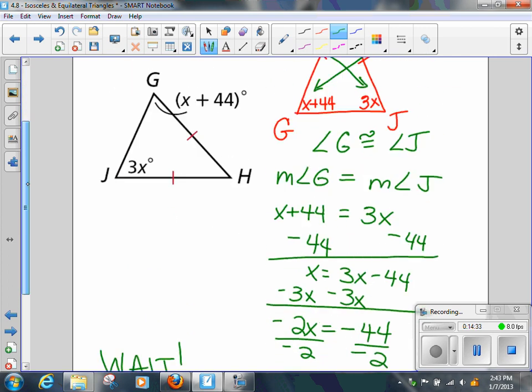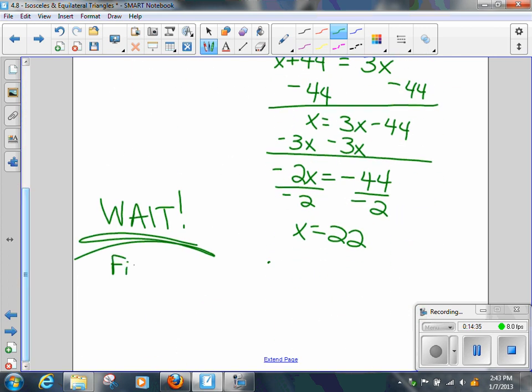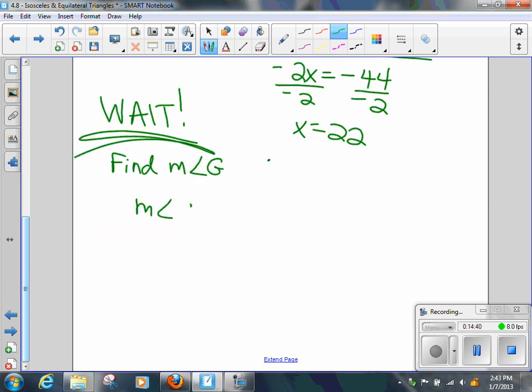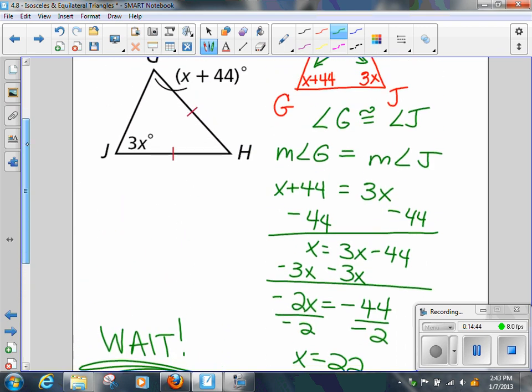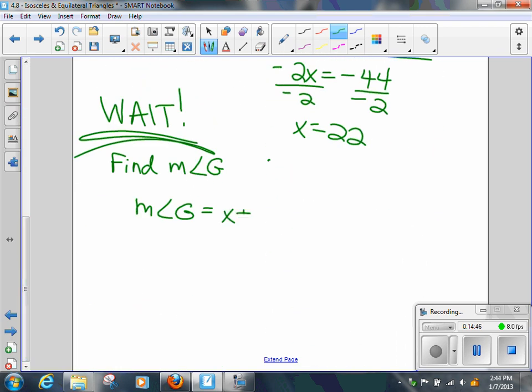We've got to find the measure of angle G. And measure of angle G is what? No, hold up. What is it? It's the X plus 44. And again, we are just substituting. What am I going to substitute in? The X, which is 22. 22 plus 44 is